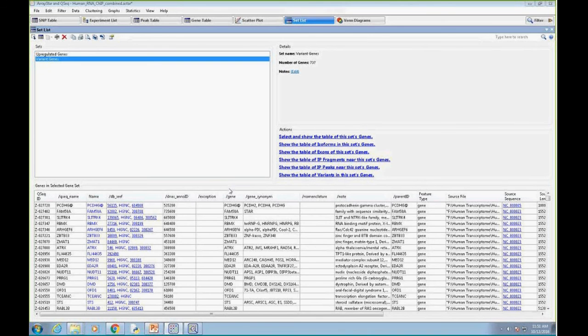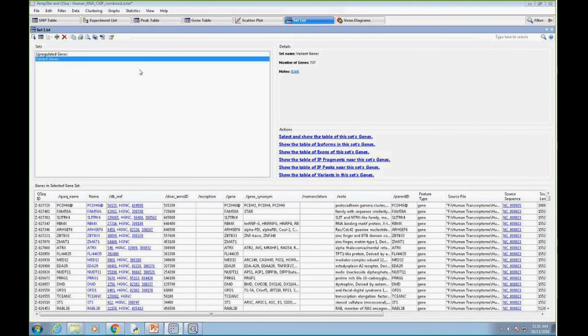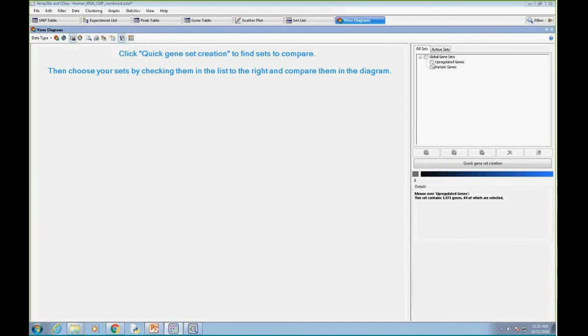And so the other way to use ArrayStar is to make gene sets on different criteria, things like genes that were upregulated by a gene set created by expression, or a gene set created by variant analysis, or it could have a gene set created by where there's peaks. And once you start making gene sets, then you can compare them. And I don't know how well these correlate. I actually haven't